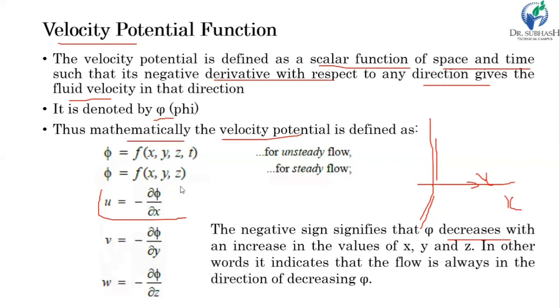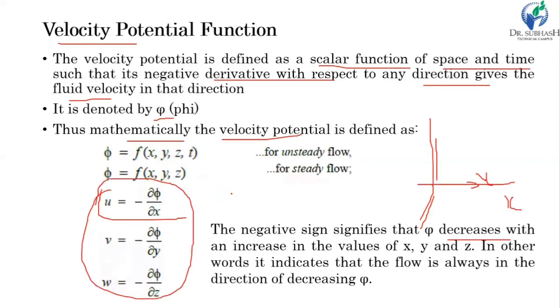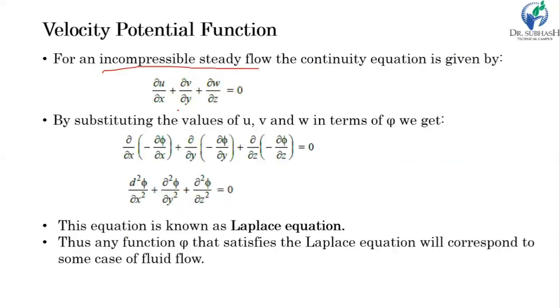Now let's see further. If we derive the equation for the continuity equation, then first let's see the continuity equation for incompressible steady flow, which is del u by del x plus del v by del y plus del w by del z. We put the value of u, v, and w from the previous equation, which we have derived here, into the equation of continuity for the three-dimensional